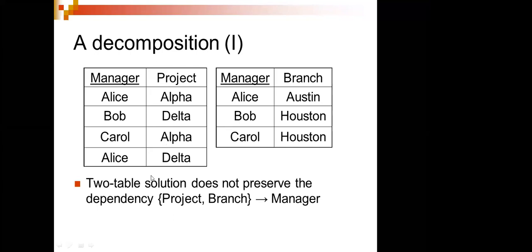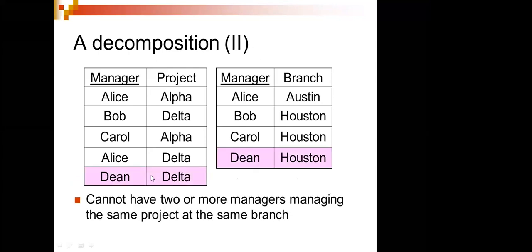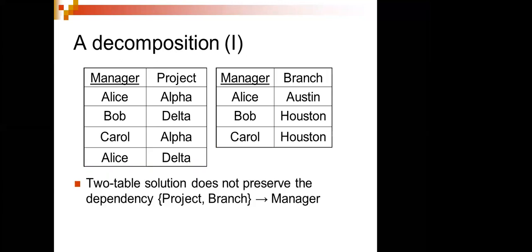So how will I be writing this one? How will I be doing this again? I am again trying to segregate this. So how will I be segregating? Now I'll be saying manager and project, manager and branch. So here, if you say the same thing, I can have the manager and the branch, manager and the project.